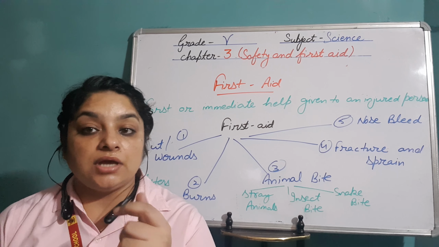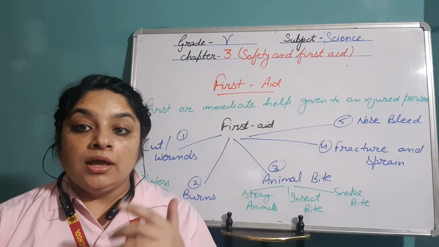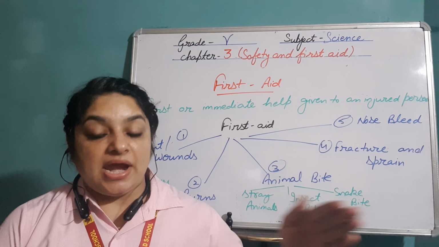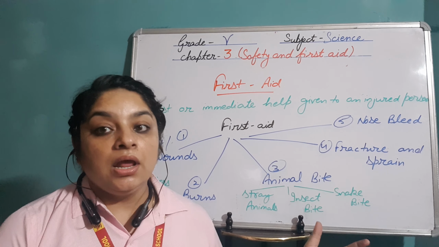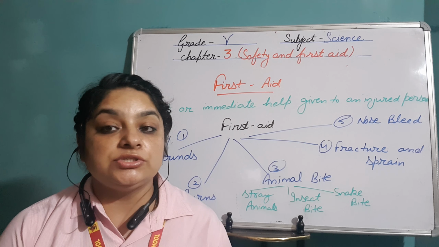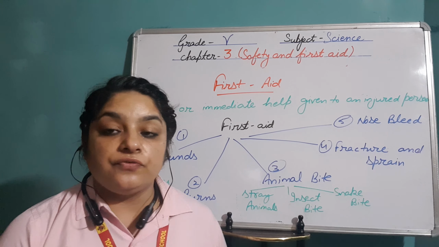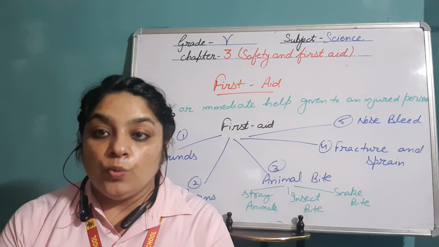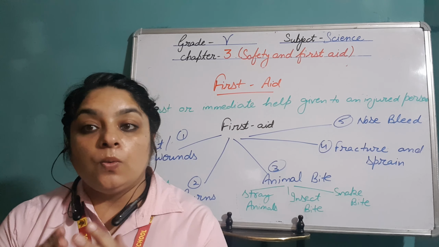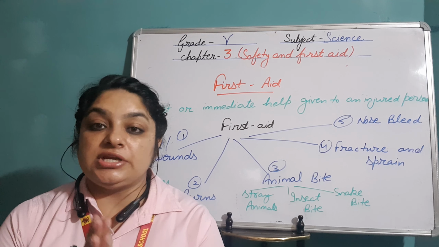Snake bite contains the venom, the poison. If it spreads into the body, it will reach the heart, then definitely it will not be possible to save the person. So in case of snake bite, first of all, one should tie it tightly. We can do it with the help of a cloth that is specially designed for this purpose.